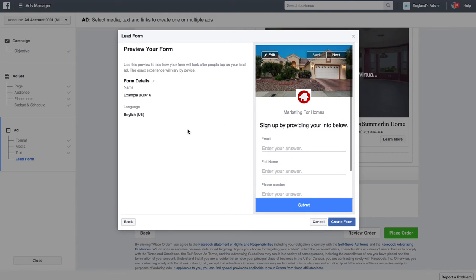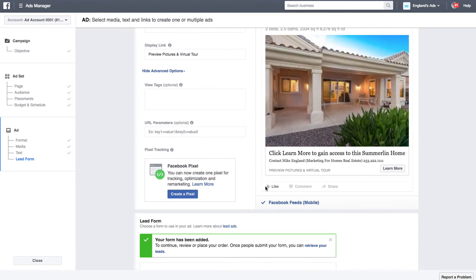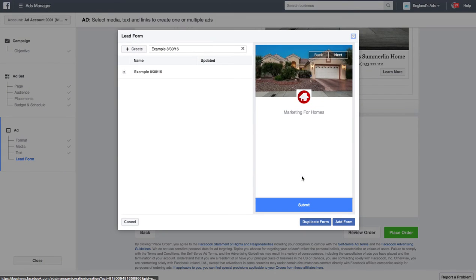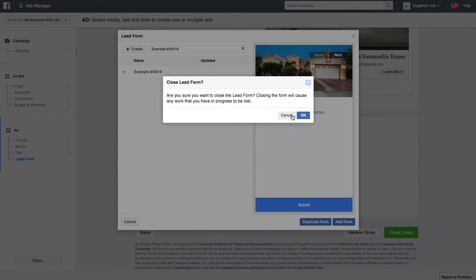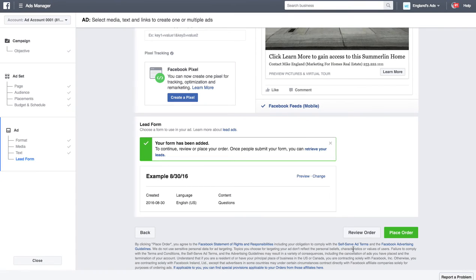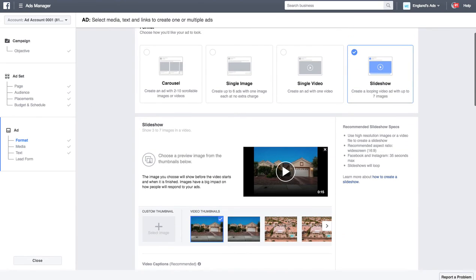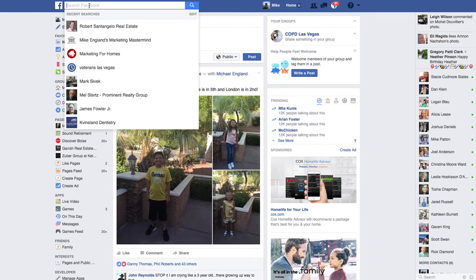So then I'm going to hit next, and then I'm going to create the form, and then all I have to do is hit preview. Oh, we already did that. It shows you the form. All right, and then when I hit place order, you're ready to go. So now what I want to show you is if I was to run this as an actual ad, I go to marketing for homes,